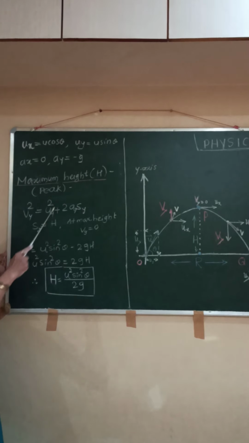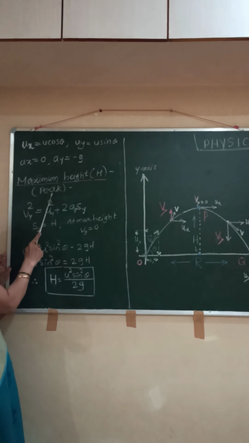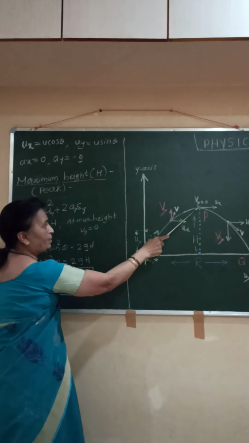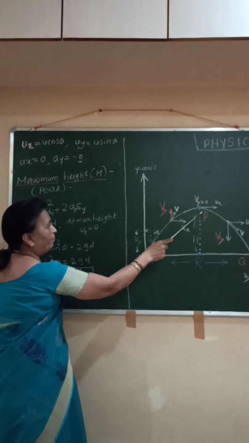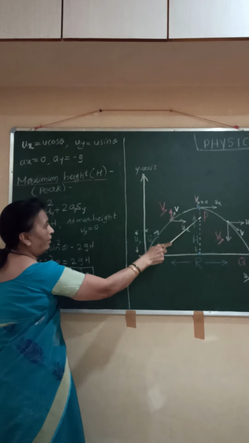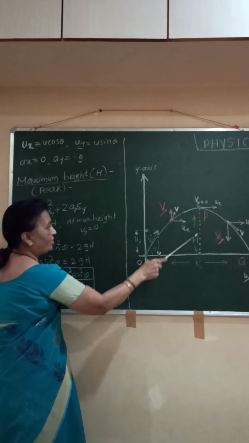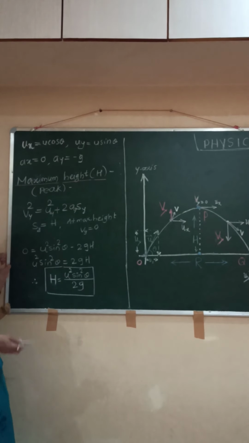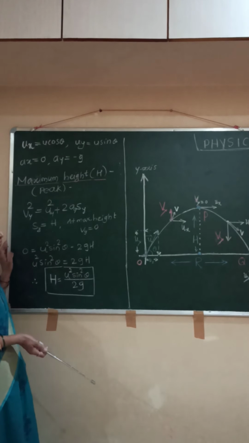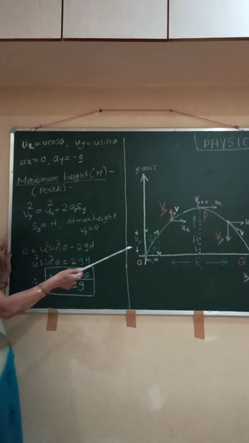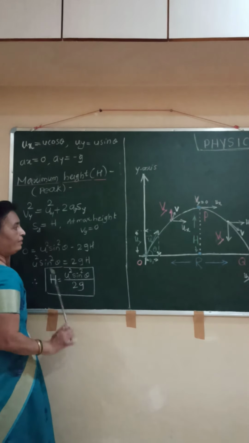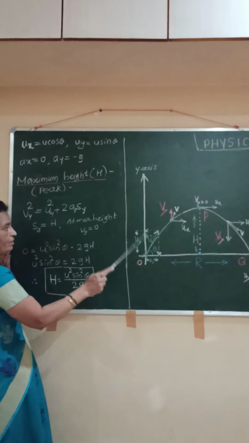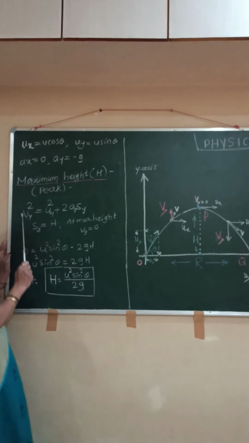The formula for maximum height or peak of the projectile. From the figure, when the projectile is at maximum height, we have said it is the peak point of the projectile. Now we have to find this height h of the projectile, maximum height attained by the projectile. Which equation we can use? जे इक्वेशन्स आपल्याला माहिती आहेत त्यापैकी कुठलं इक्वेशन आपण ही हाईट फाइंड करण्यासाठी यूज करू शकतो? In simple way we can use the third kinematical equation, that is what?